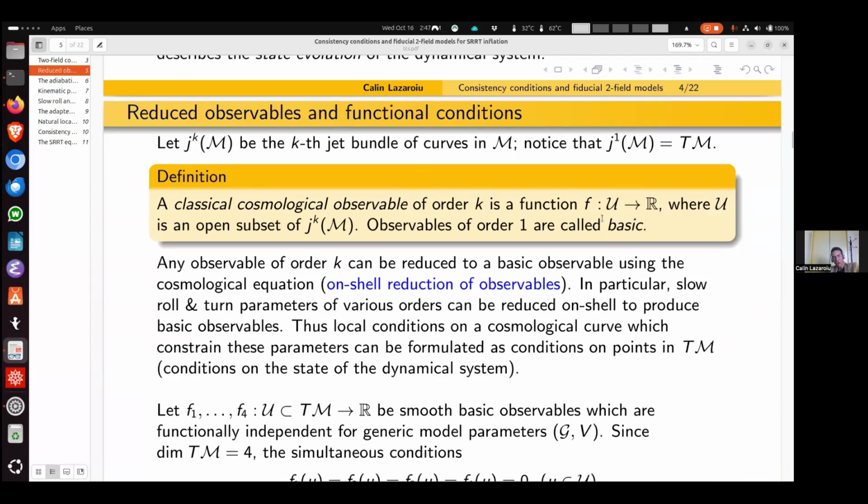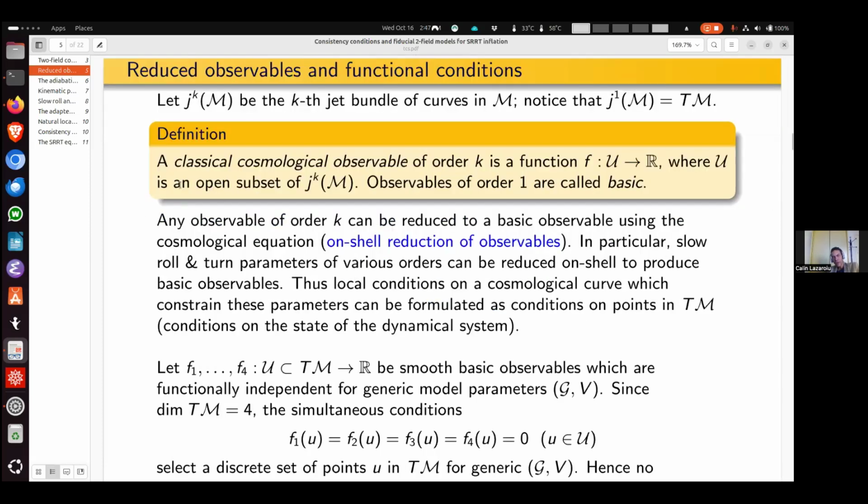So to describe this geometrically, of course, I will consider the k-jet bundle of curves in M. Okay? So of course, J1 of M is just the tangent bundle to M, it's TM. And I say by definition that a classical cosmological observable of order k is a function defined on some open subset of Jk of M, the k-jet bundle of curves in M, with values in R. So I consider scalar